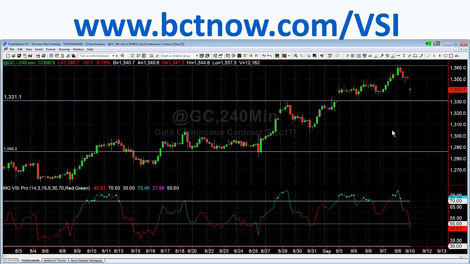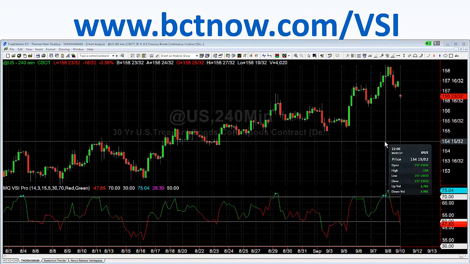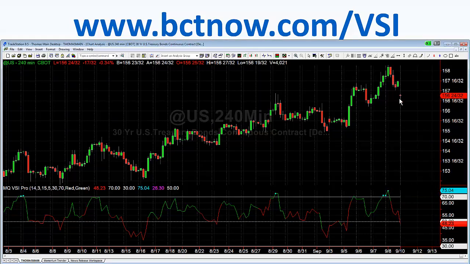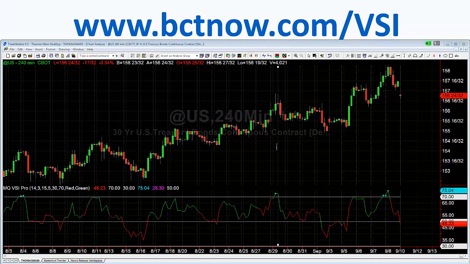The next was bonds. This is 30-year bonds. Same thing. Extended here, volume reversal, never triggered. Once more, volume reversal, never triggered. And then lastly, volume reversal, and then it triggered. And what happened? Accelerated straight down. You can also see right back here, it had a textbook volume reversal right there. I mean, look at how well this works in bonds, by the way.